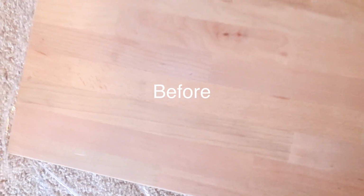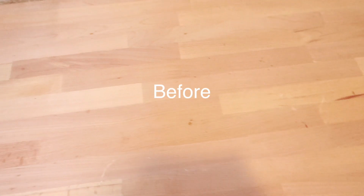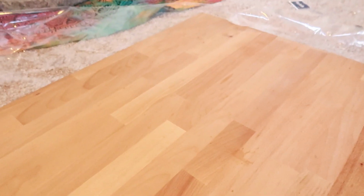This is the before any sanding, any staining happens. So this is the natural wood look to it. So if you were to get this from Ikea brand new, this is how it's gonna look. And it is from Ikea. There was a ring mark,